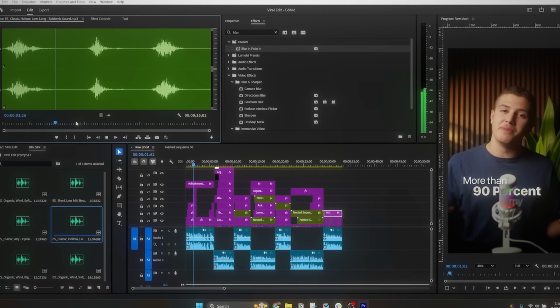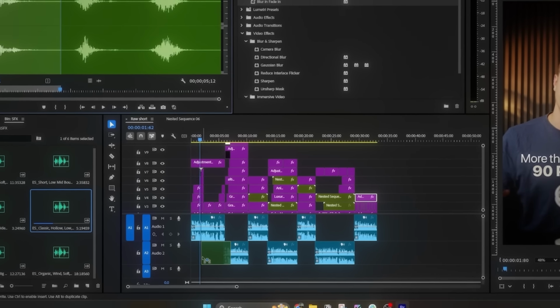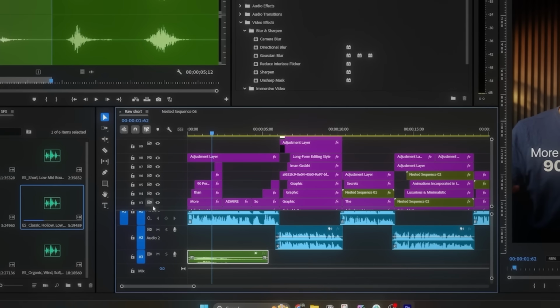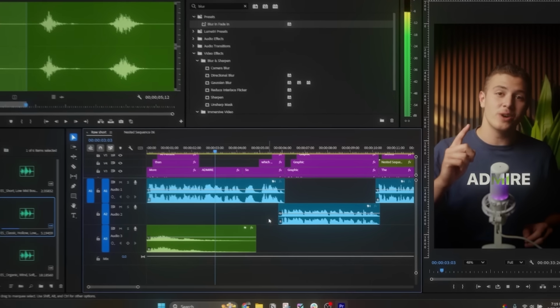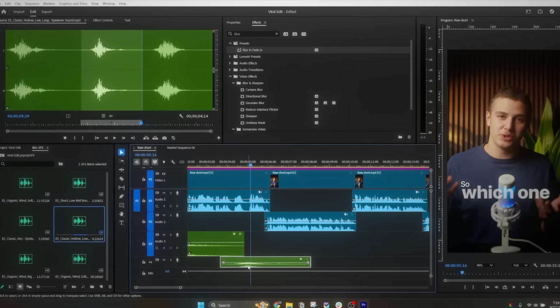I really like this one, so I'll click on O to create an out point, which essentially only selects this sound effect and drag it in. And to match the whoosh to the movement, I'll just align the peak of the whoosh to the peak of the zoom in at the beginning. And there we go. Now we have a zoom out in this section, so let's bring this whoosh in and